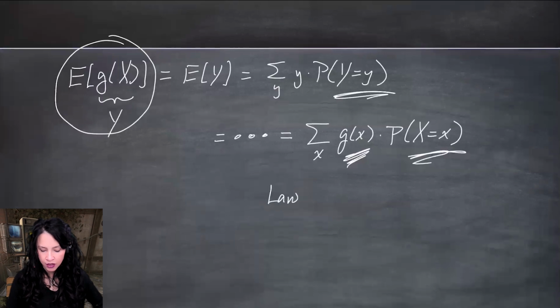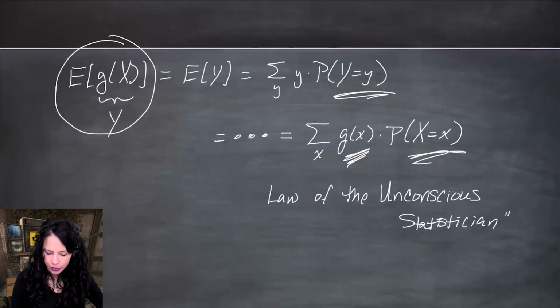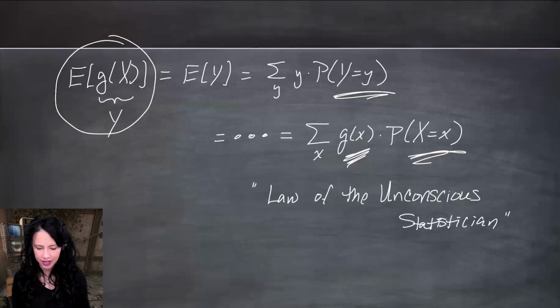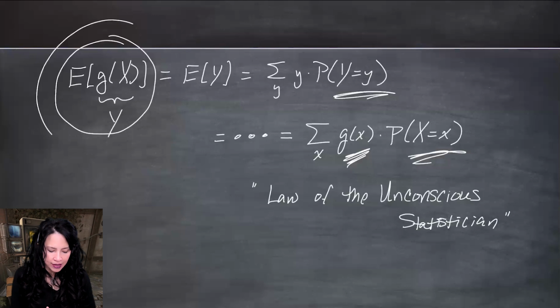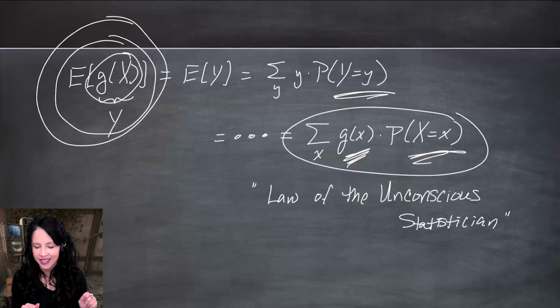This is known as the law of the unconscious statistician, which I think is kind of nuts because I don't think anyone does statistics while unconscious. That would be amazing. But I think the idea behind this is that computing this is something that people kind of do automatically without thinking about, hey, this thing in here is a new random variable with its own distribution. So I will prove that these circles are equal to each other next week. But let's go to the continuous case.